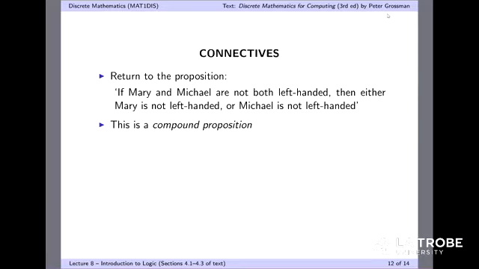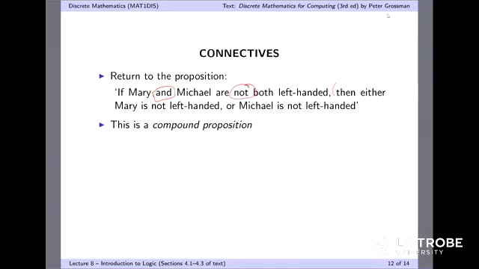There is one proposition here, and you are connecting it with another proposition. Within this, there are again two propositions. Mary is left-handed is one, Michael is left-handed is another, and these are connected together by the word and,